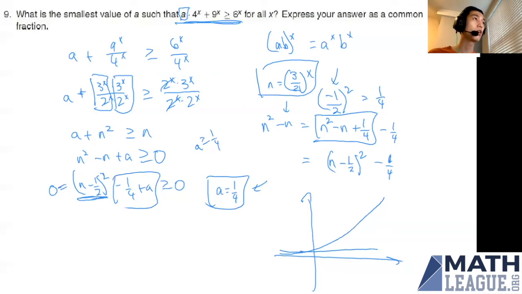And so, as a recap, what do we do to solve this problem? To solve this problem, we need to know 2 things. We need to know our exponent rules, (ab) to the x is equal to a to the x times b to the x. And second, we need to know how to complete the square. If we have any quadratic, we don't just mindlessly plug into the quadratic formula. It's much more intuitive and gives you more insight to know that completing the square gives you more information. And so by using these 2 techniques, we were able to turn this weird expression all the way back into something that was easily manageable.